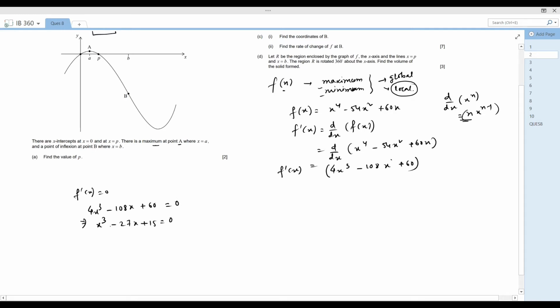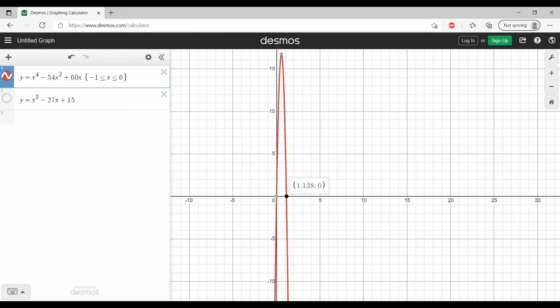So again you can solve this equation by calculator to find the value of x in two ways. One is direct from the polynomial solve, another is from the graph, and to locate the x-intercept. So I am doing the second way, that is I am doing the graph and I am trying to locate the x-intercept. So I am giving you the graph.